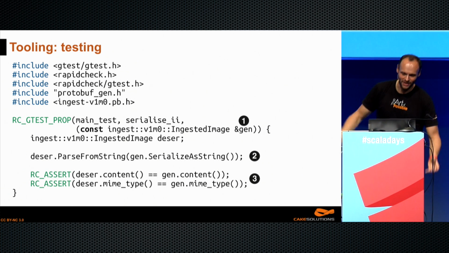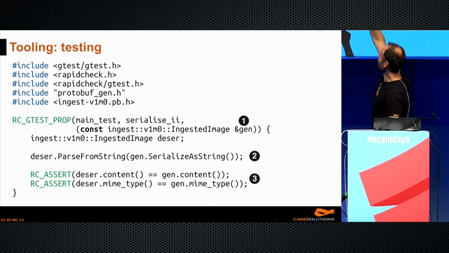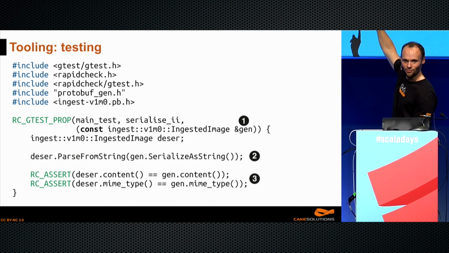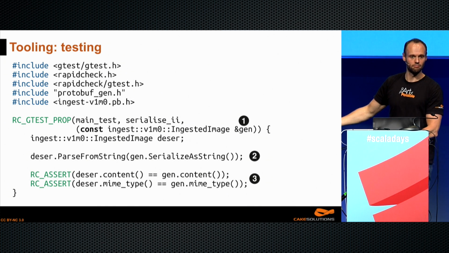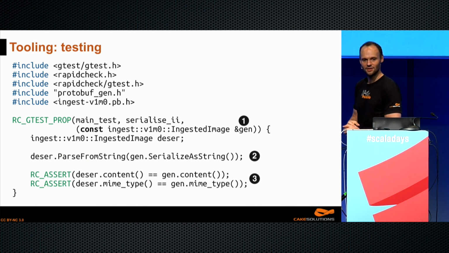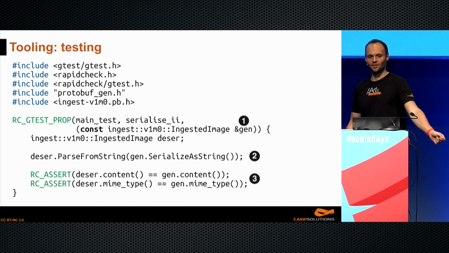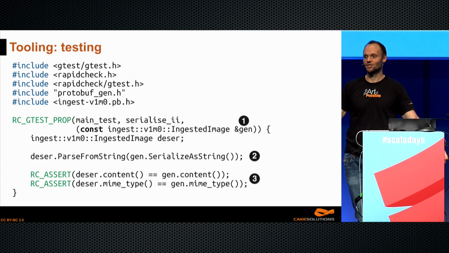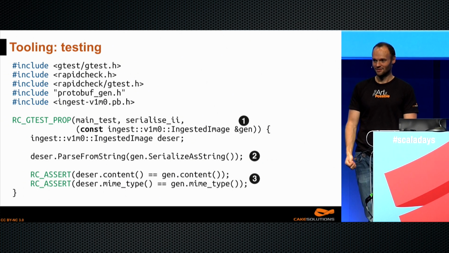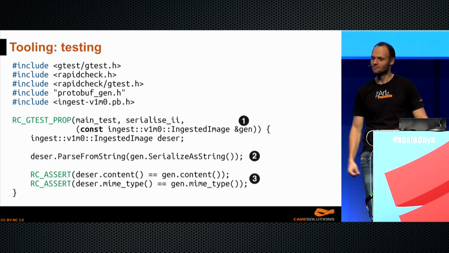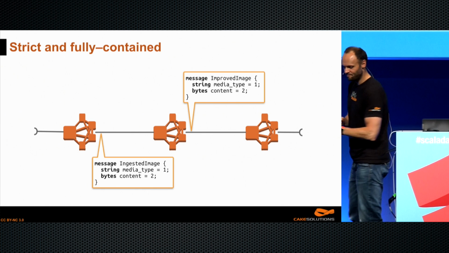And this is really trivial, right? So we're testing the mechanics of protobuf. What we're saying is, for any gen message, for any instance of that, if we serialize it and deserialize it, we get the same thing. Well, that's a reasonable test. But of course, the values inside gen, the field MIME type and the field content, are generated by property generators, very much like ScalaCheck, except it's called RapidCheck. But hey ho, this is C++. Never mind that.